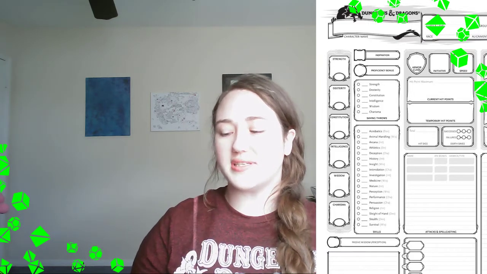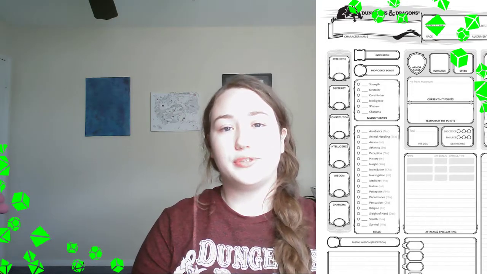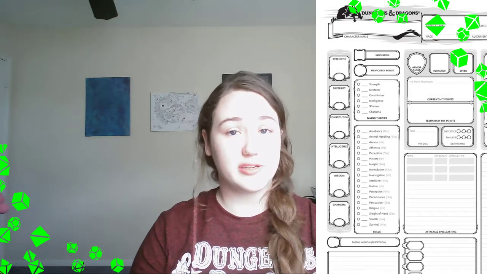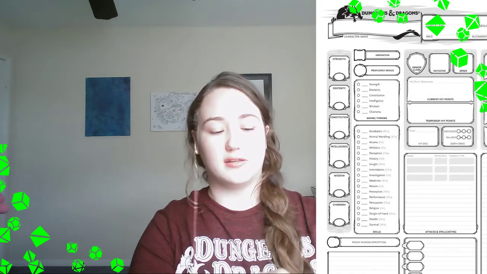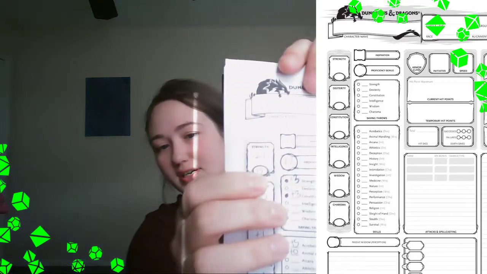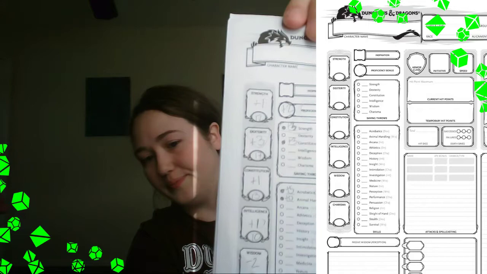And then once you have those stats filled out, you can either Google or go to the Player's Handbook and look at the ability score modifiers. Those modifiers typically go in the larger box on top. So right here you can see I kind of had one filled out a little bit.